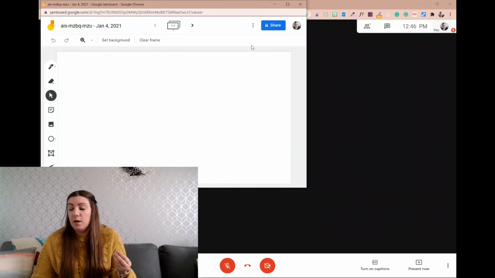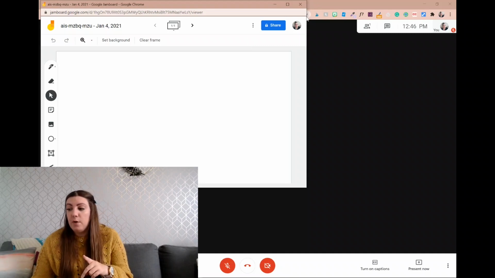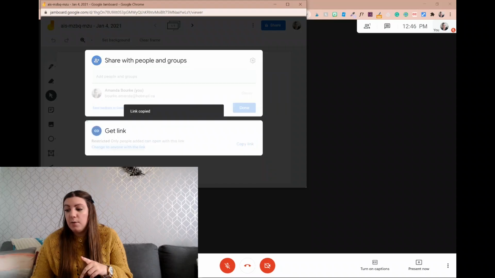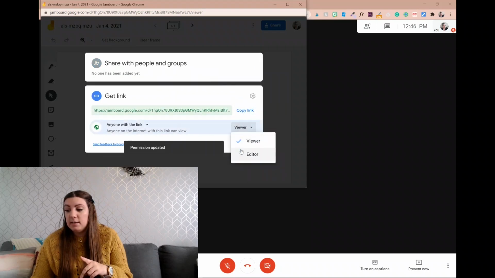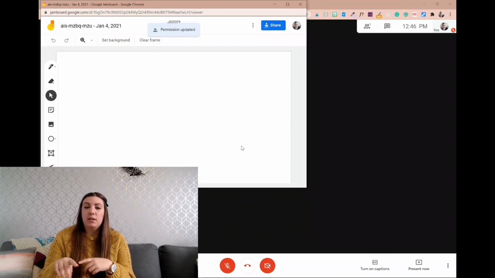And then from here, before students start clicking on it, you have to decide if you want students to be able to edit the jam or if you want them to be able to view. Because if you want them to edit it, you have to go into the share settings and change it so that anyone with the link can edit and then save it. And then when students click, because if they've already clicked on it, they'll be in the view mode, so they'll have to come back out and go back in, and they'll have editing access, and then they can add their